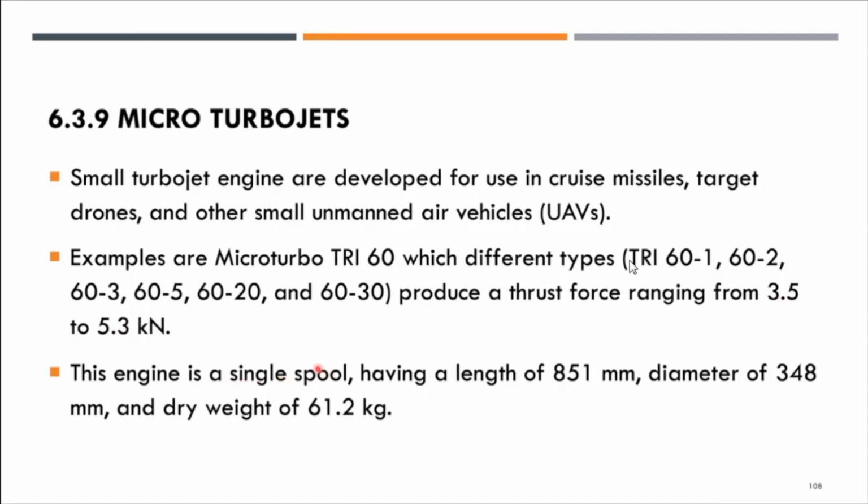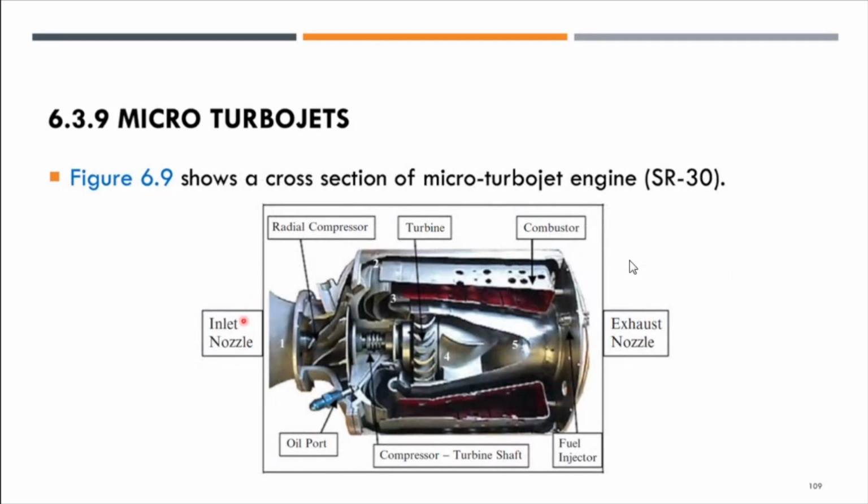This engine is a single spool having length of 851 millimeter, diameter 348 millimeter, dry weight of 61.2 kilogram. So this is a cutaway of SR30 micro turbojet engine, okay, which has the inlet nozzle over here, and